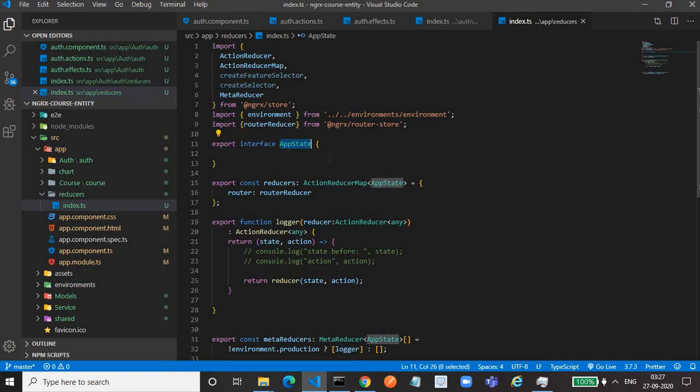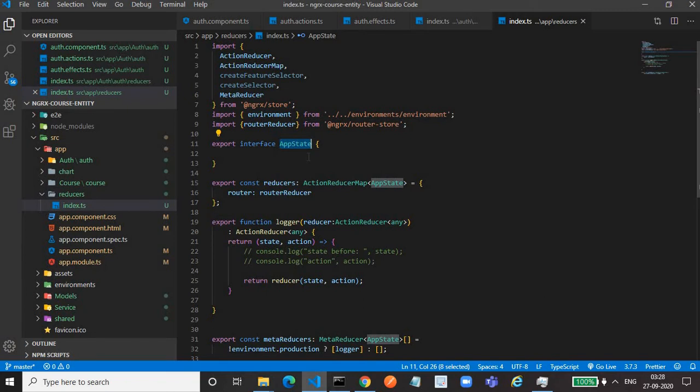Once you install ngrx/store, you will get this file, but in that file you will find it is written export interface State, but I changed that State to app_state. I have changed that at three places: one here, second here, third here. Now app_state is the global state because it is related to the global module, the app module.